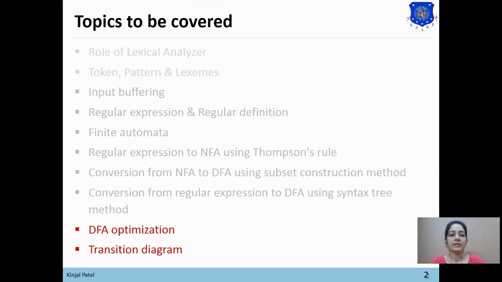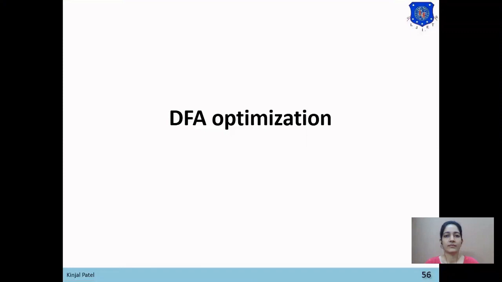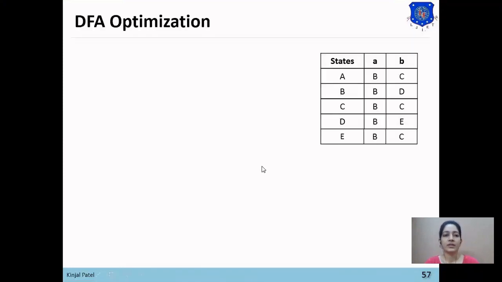Now, in the previous video, we have learned how to convert a regular expression to a DFA. And in this video, we will learn how to convert that DFA into an optimized DFA, or a minimized DFA. DFA optimization is required for faster execution. So we want to draw a DFA which performs the same task that the DFA does with the minimum number of states